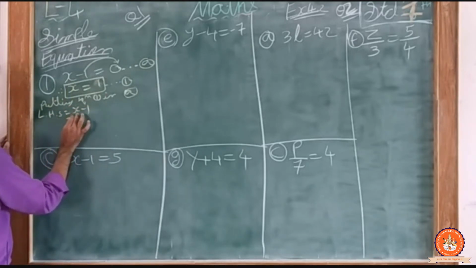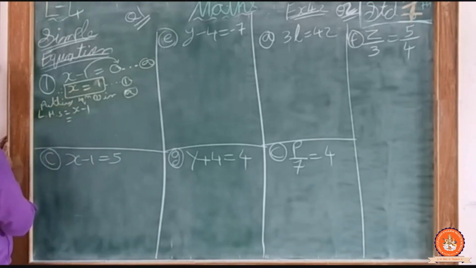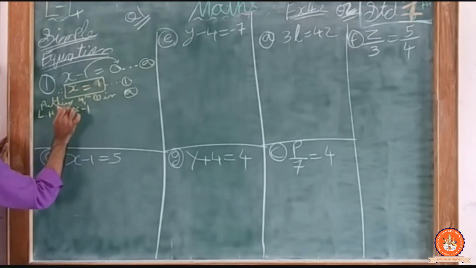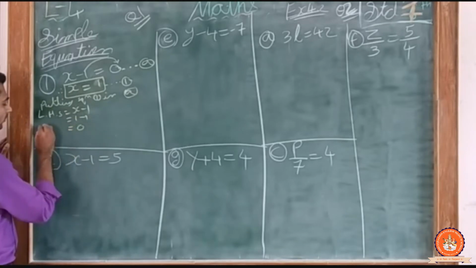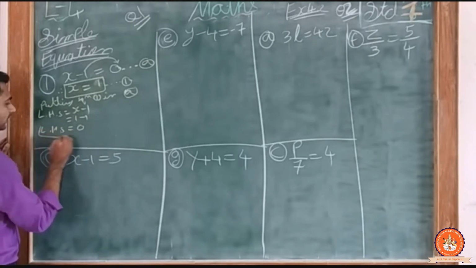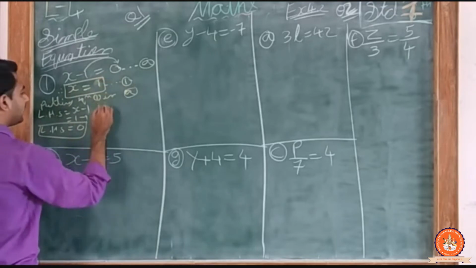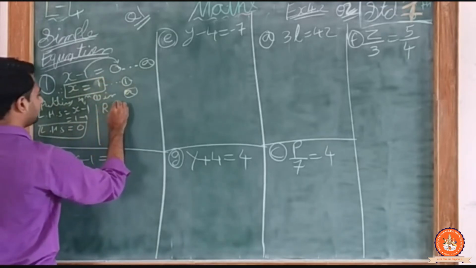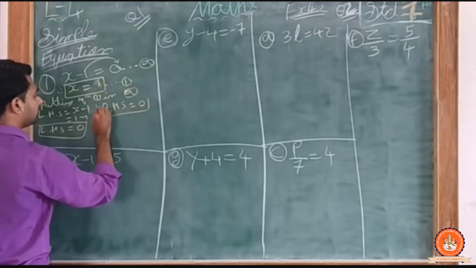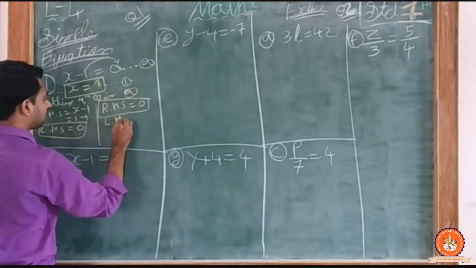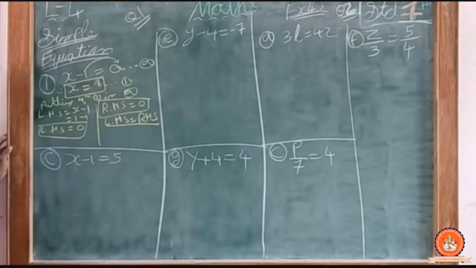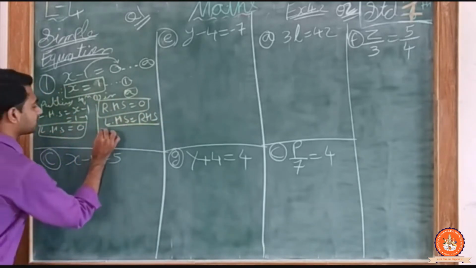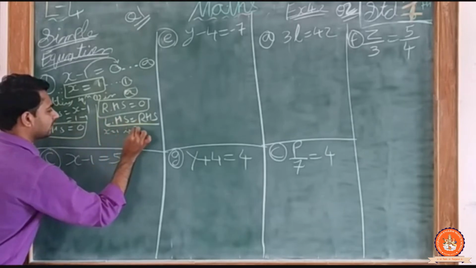Now putting the value of x in LHS, x की वैल्यू 1 है तो 1 minus 1, so I get the value of LHS is 0. So here RHS also is 0, so LHS is equal to RHS. From this I can say that LHS equal to RHS. So x minus 1 is satisfied